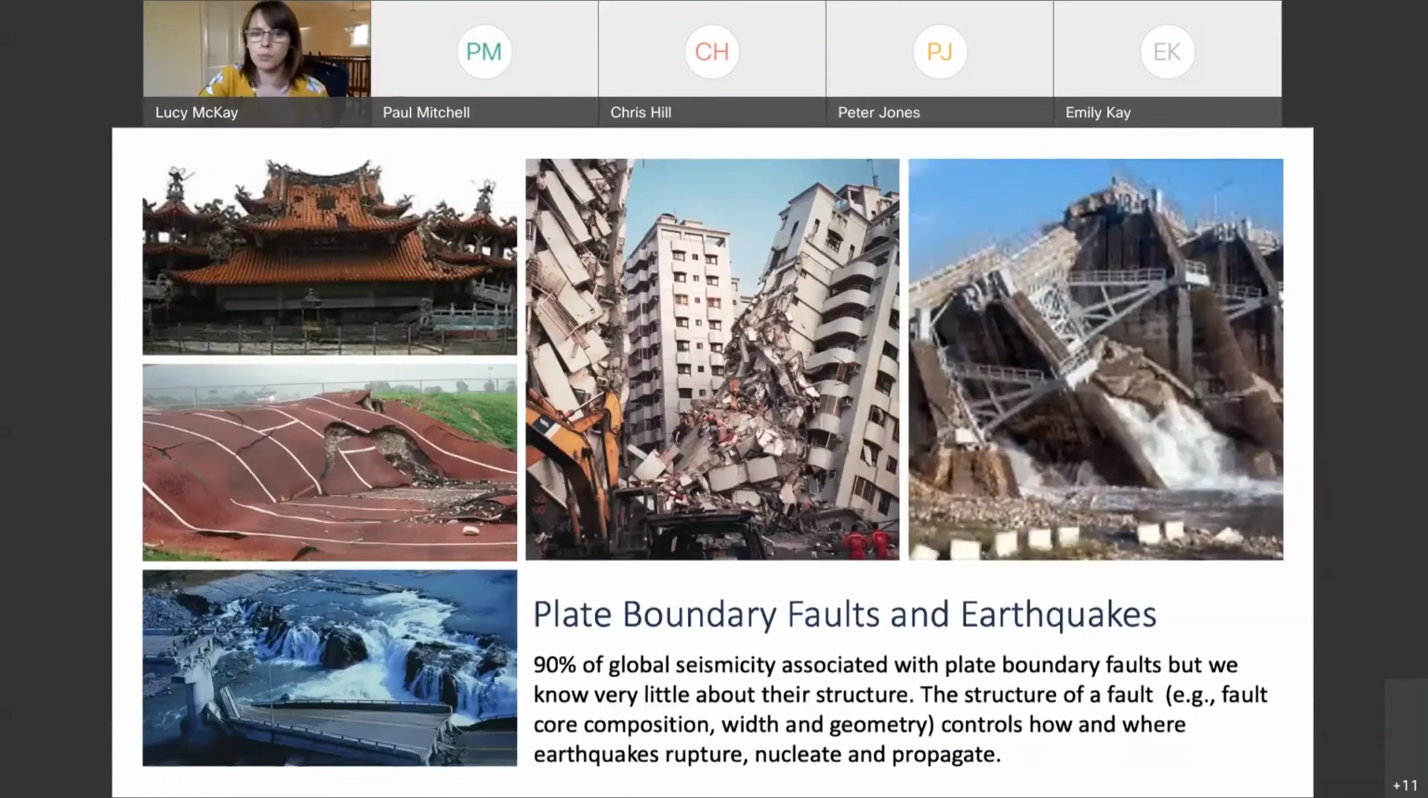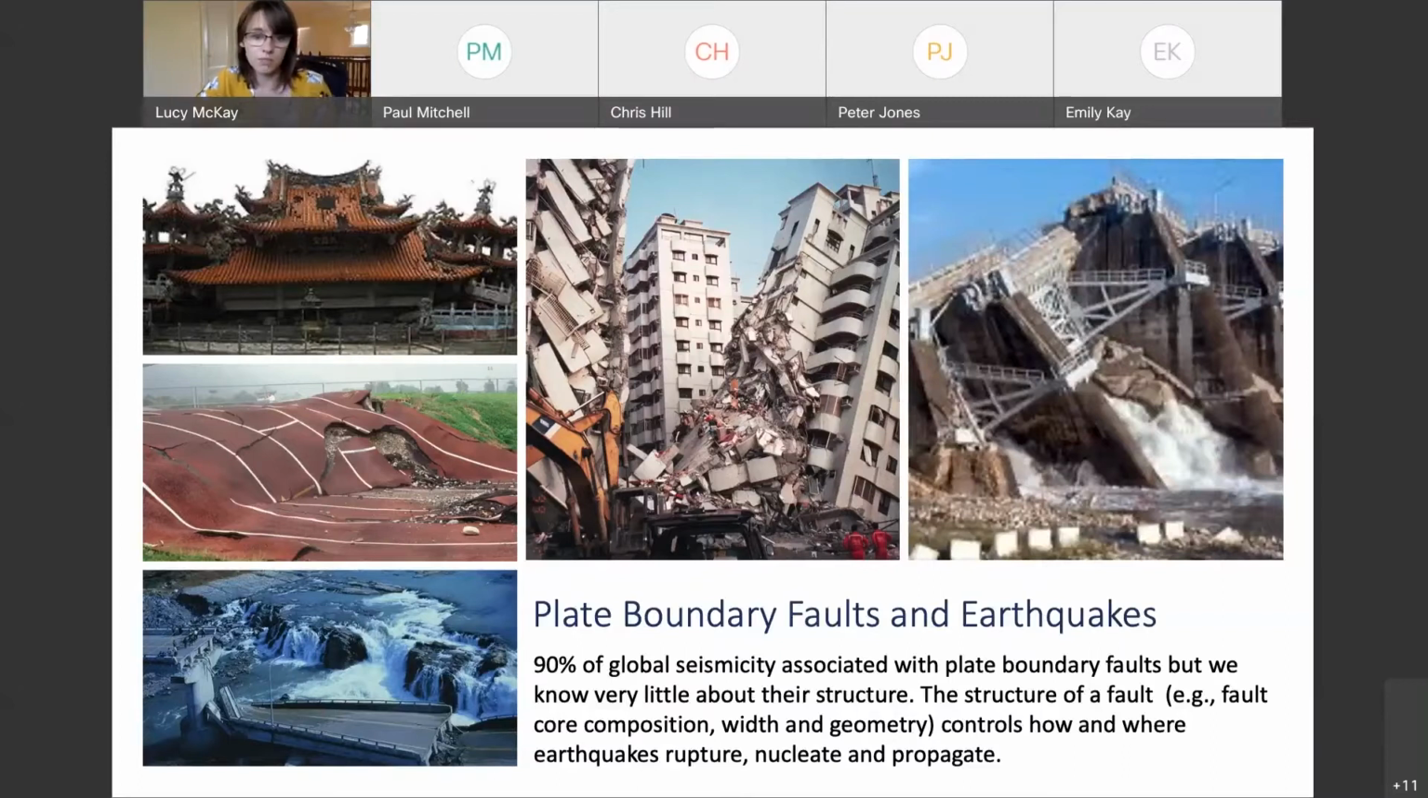So why are plate boundary faults important? Major earthquakes can occur on any large fault, but 90% of earthquakes are associated with plate boundary faults. Therefore, understanding the structure, for example, the fault core composition, the thickness and the geometry of large faults is crucial because their fault structures and properties control how and where earthquakes rupture, nucleate and propagate. And this in turn limits the size of the earthquake or the amount of radiated seismic energy and